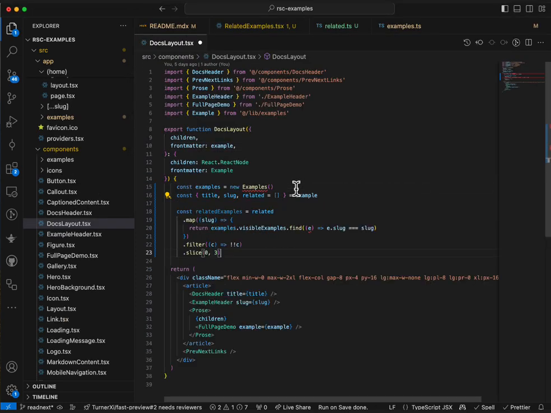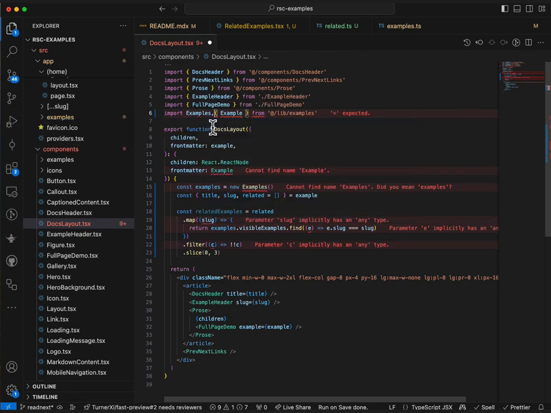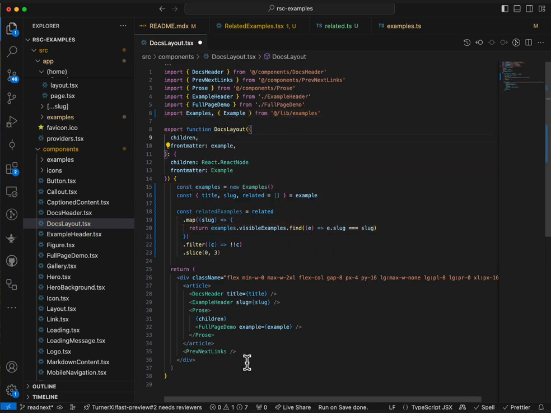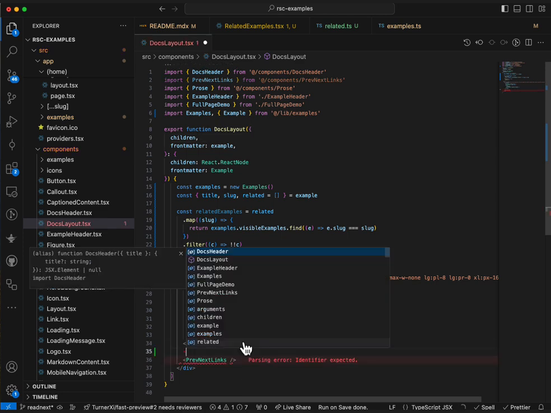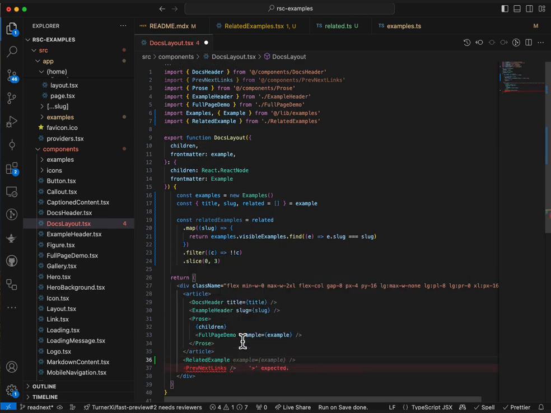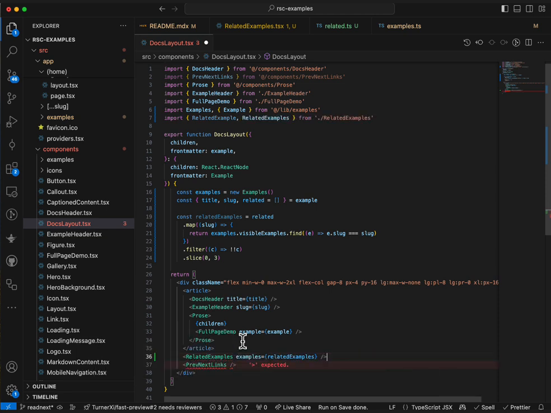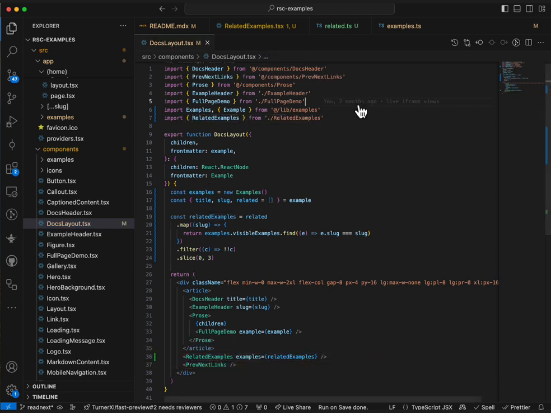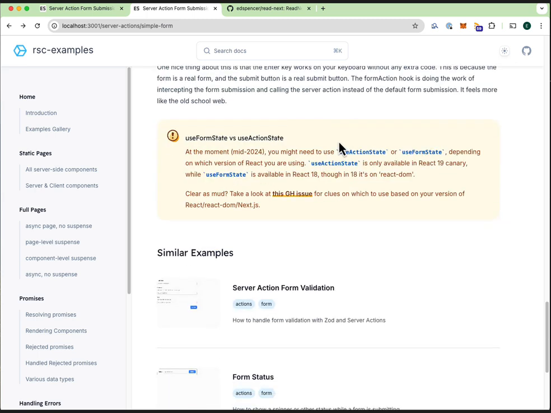And then in the layout, which actually renders the particular example, all I'm going to do is add a little bit of code to go and grab the top 3 in this case. 5 was too many in the UI. And then use my new JSX component to render those. Clean up the imports. And by the time I switch back to the browser, because I'm using Next.js, it's already updated